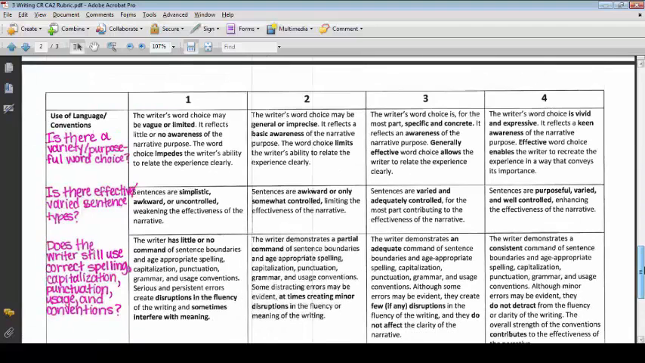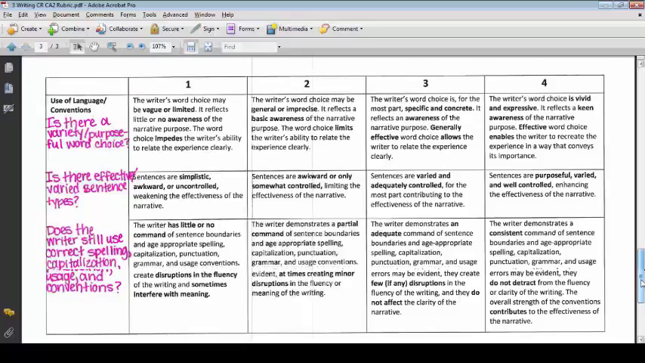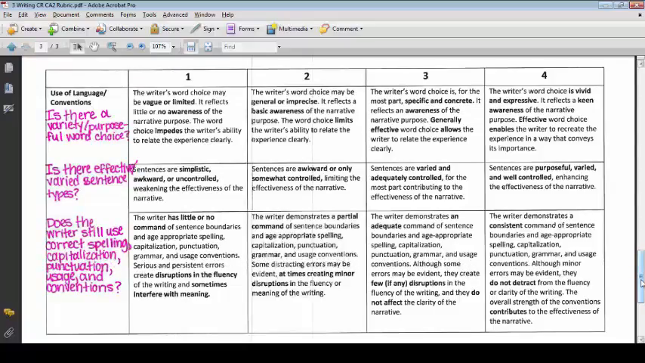The last strand is on use of language and conventions. This has to do with three things: word choice, sentences, and spelling, capitalization, punctuation usage. So it's not all punctuation, for example. If they don't have a single period throughout the whole thing, that doesn't mean they automatically get a 1 for language and conventions. It just means that they don't have a good command of sentences, but their word choice